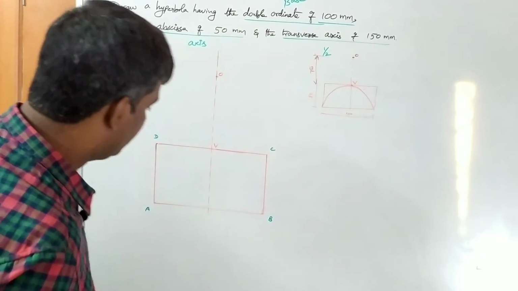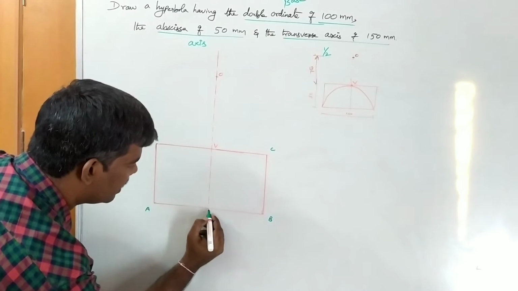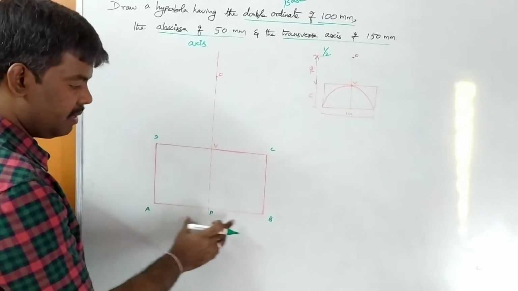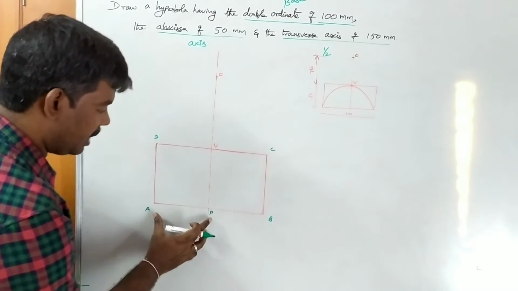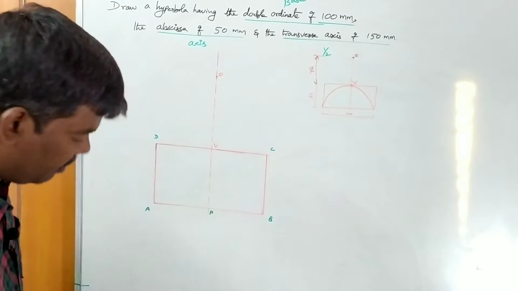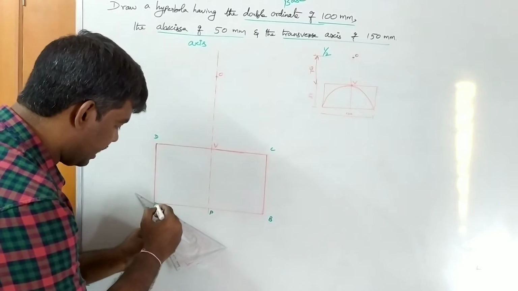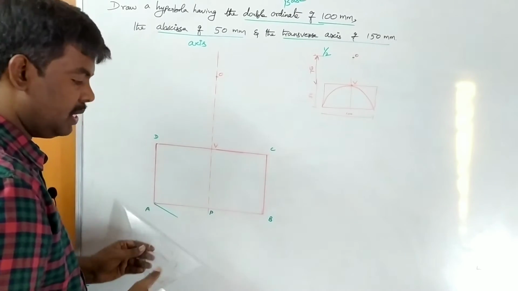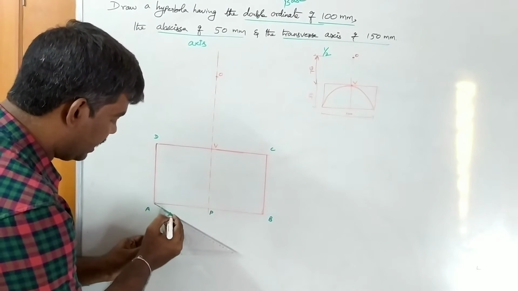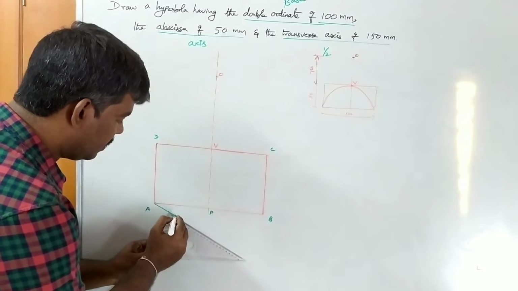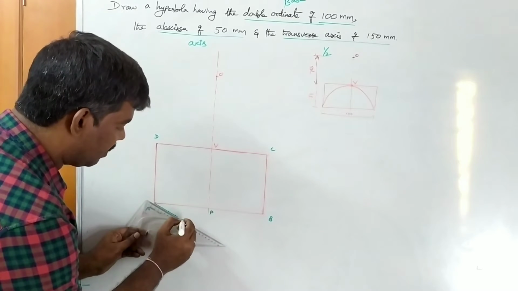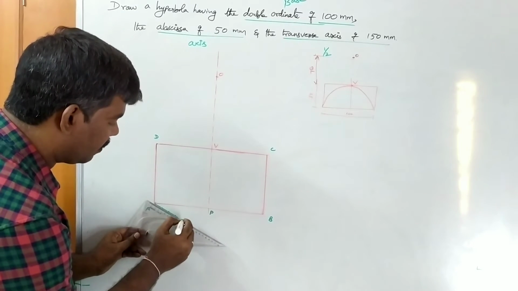Next thing, for example, let us consider this is letter P. So the A to P distance is 50, P to B distance is 50, so total 100. So the AP distance you divide into n number of equal parts. So you know how to draw that. You draw one inclined line at any angle, you know the basic procedure. You take some radius, clear? So from here 1, 2, 3, 4. So I will consider 4 equal parts.